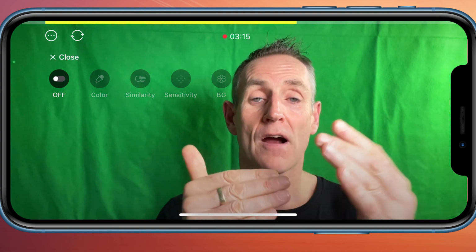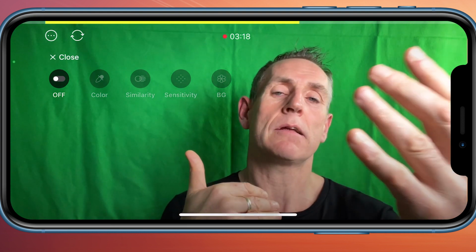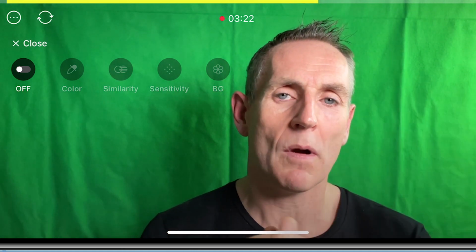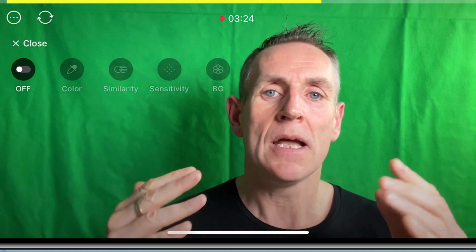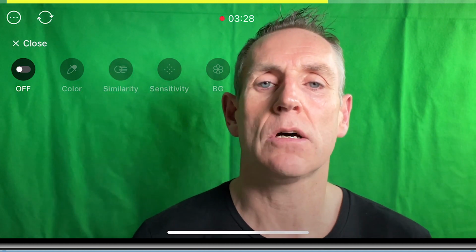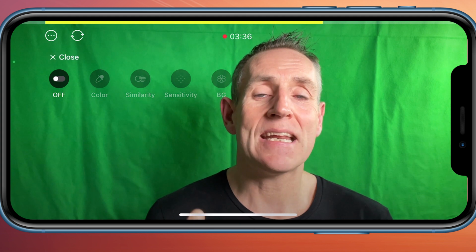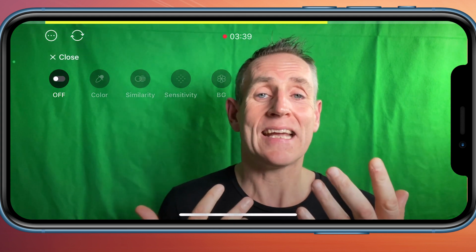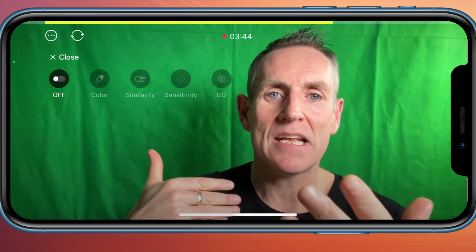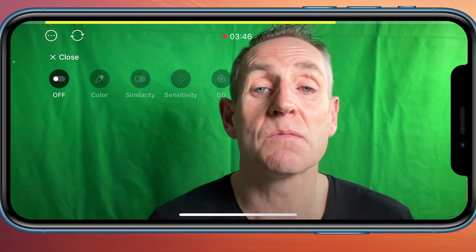So get as far away from it as you can. I don't mean miles away, but be at least 2 to 3 feet or more away from your green screen, and that will help with the shadows, especially if you've got a good even light on your green screen. So 2 to 3 feet is ideal where you can, or if you can't get that much, then obviously try and move as far away from the screen so you're not casting those shadows on there as much as possible.